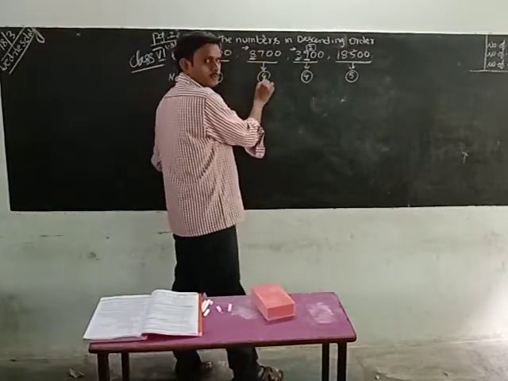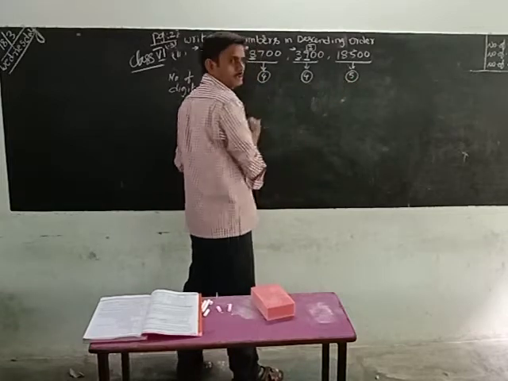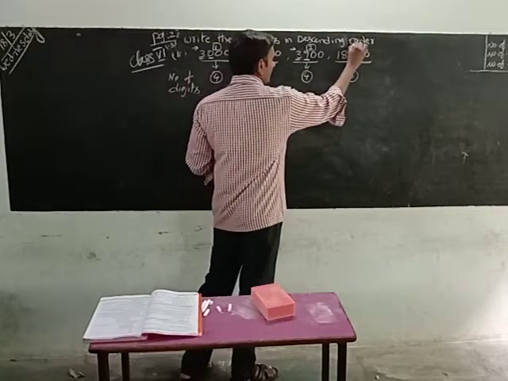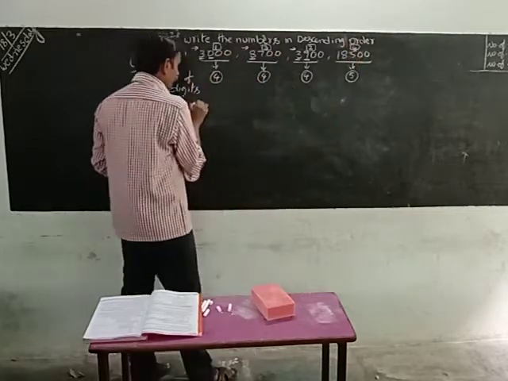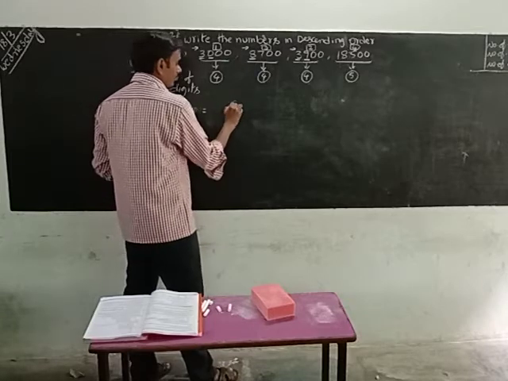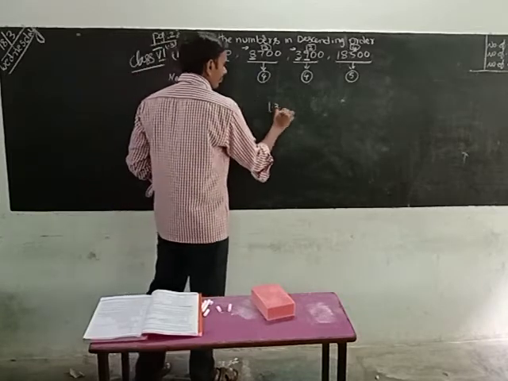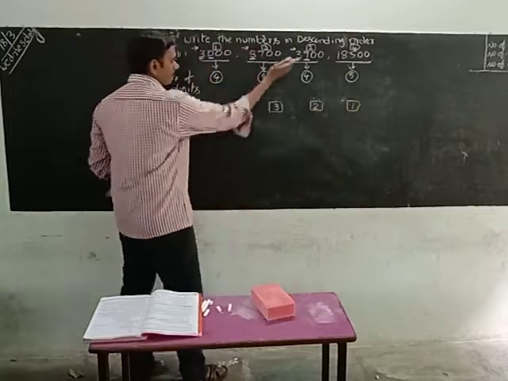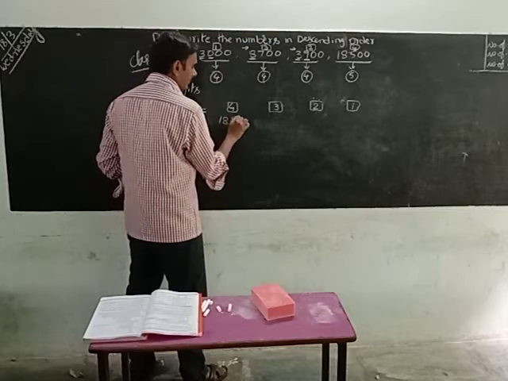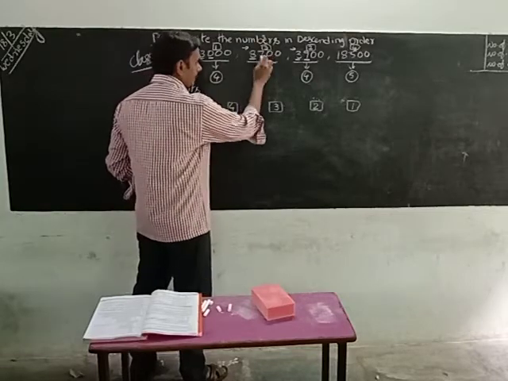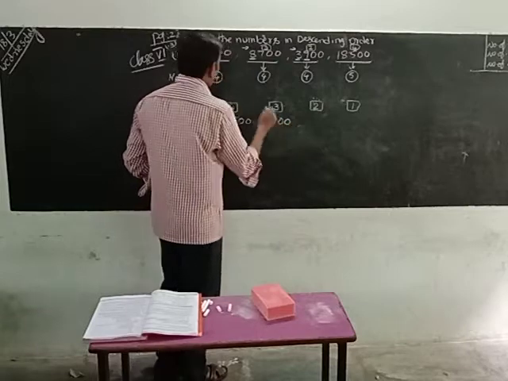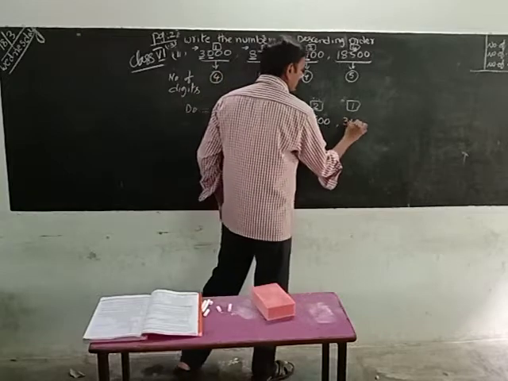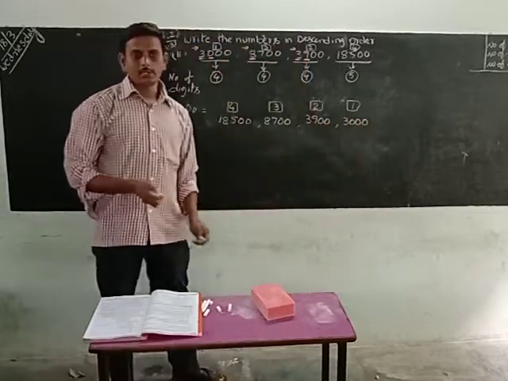Now next we go for the third, the second number and this last number. How many digits are here? 4, 5. Which is the smaller? The 4-digit number is smaller. That means this is the fourth place. Now we can write the descending order, equal to 4, 3, 2, 1. Now what is the fourth place number? 8,7500. What is the third place number? 8,700. What is the second place number? 3,900. What is the first place number? 3000.